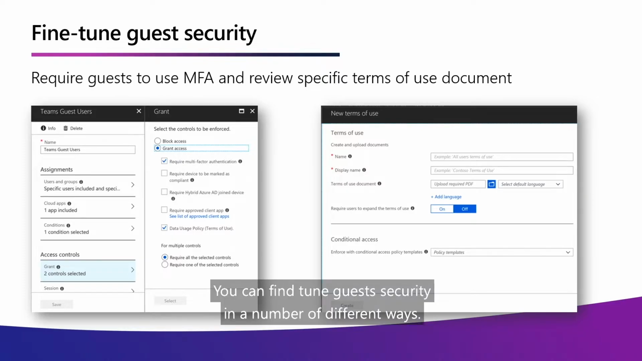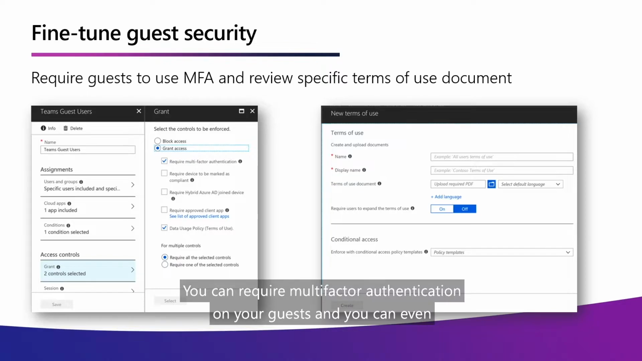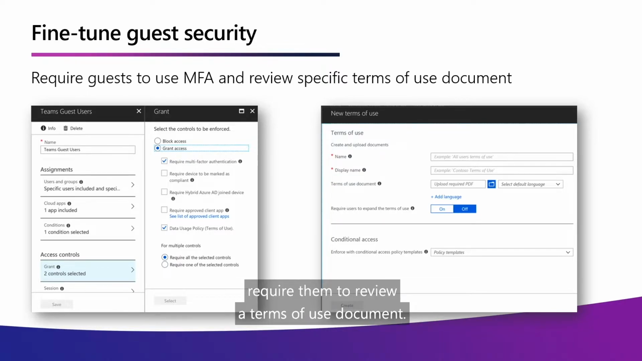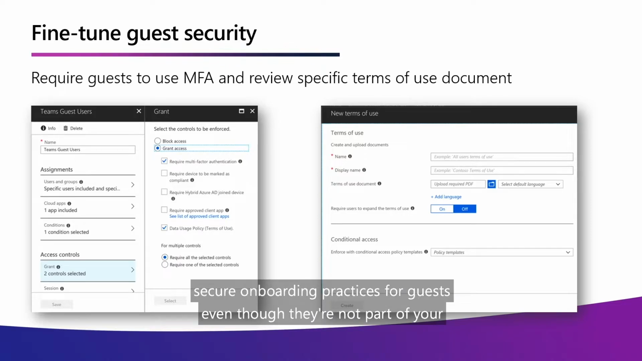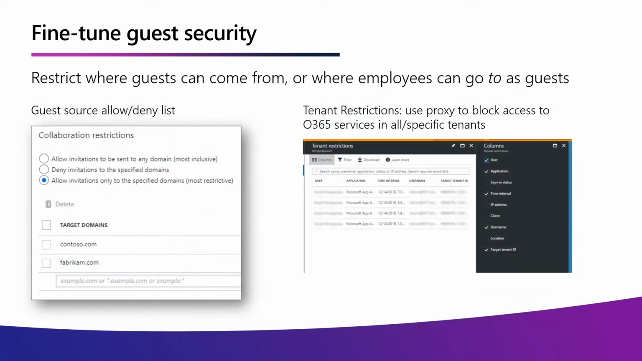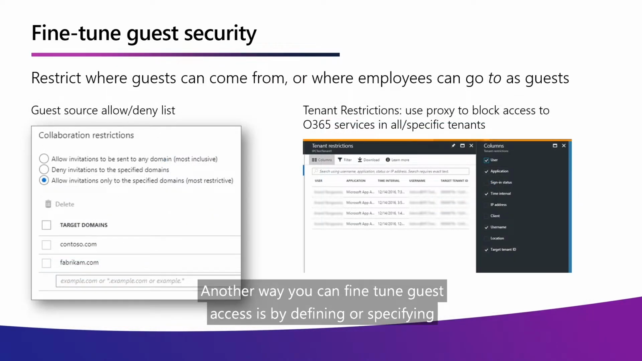You can fine-tune guest security in a number of different ways. You can require multi-factor authentication on your guests, and you can even require them to review a terms of use document. This is a great way to create good, secure onboarding practices for guests, even though they're not part of your organization. Another way you can fine-tune guest access is by just defining or specifying exactly which companies guests can